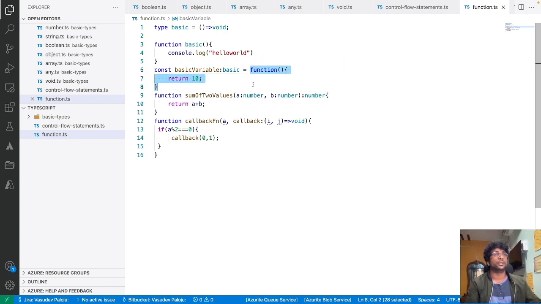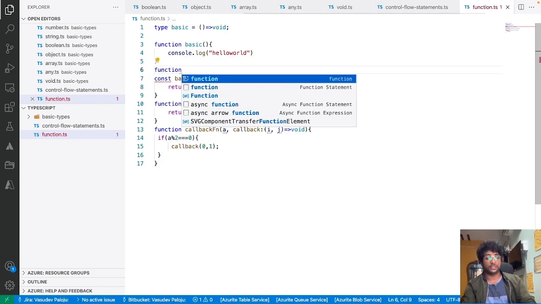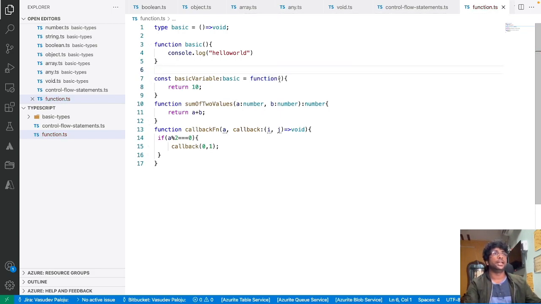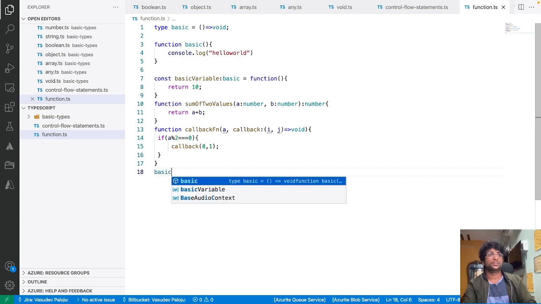But when you assign this like this, it is called an anonymous function, because this function doesn't have any reference. So in JavaScript you can write functions in this fashion as well. These functions are called anonymous functions, which means they don't have any name. So this function is stored over here. Now if I call the basic variable